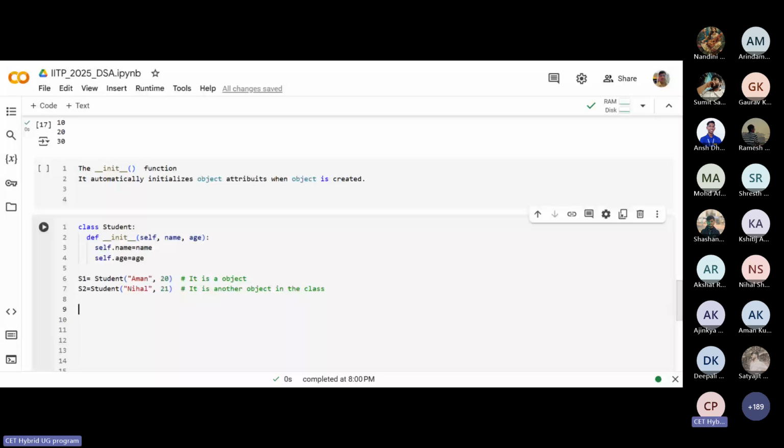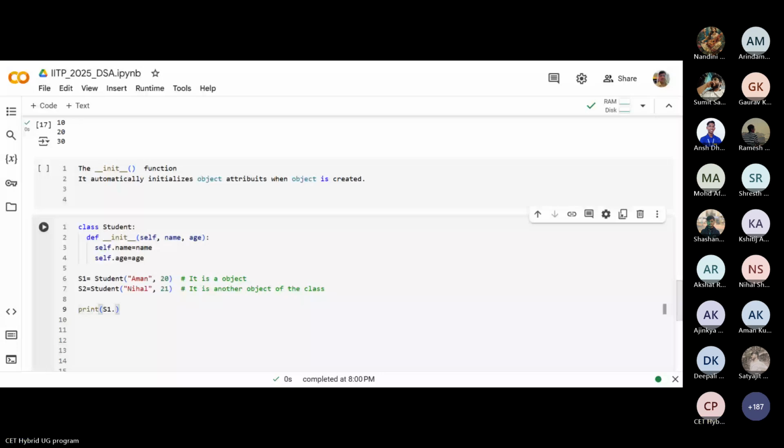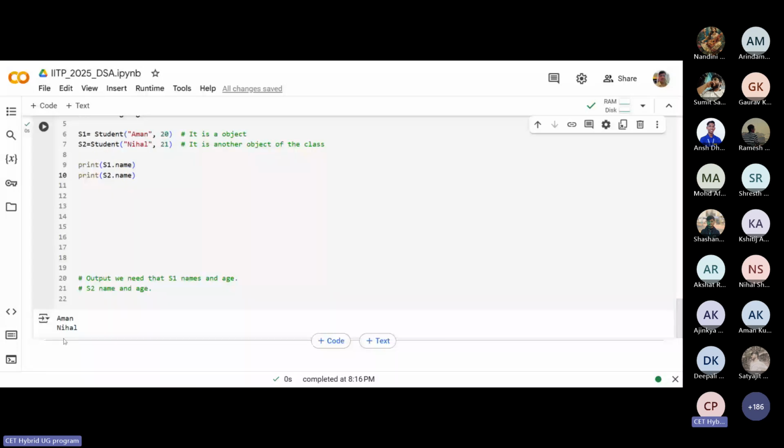ठीक है, it is another object of the class, in the class नहीं। अब हमको डेटा लेना है, कैसे ले लेंगे, तो प्रिंट S1 डॉट नेम, ठीक है, देन प्रिंट S2 डॉट नेम, रन करते हैं, नेम ही लेना है, अमन है निहाल, ठीक है, S1 डॉट नेम अमन निहाल। हमें आपको नेम चाहिए तो नेम आ गया, आपको एज चाहिए तो एज